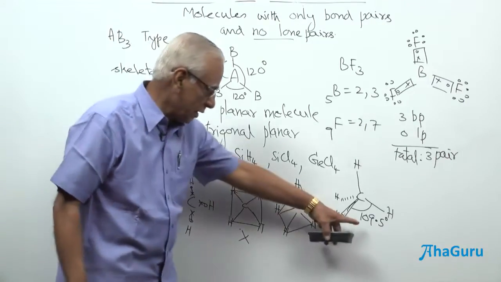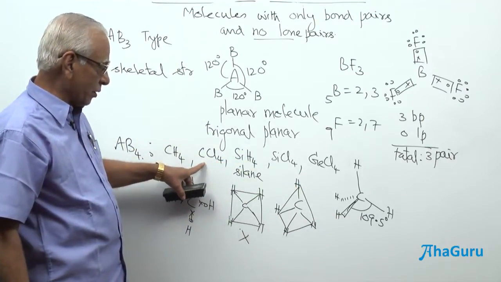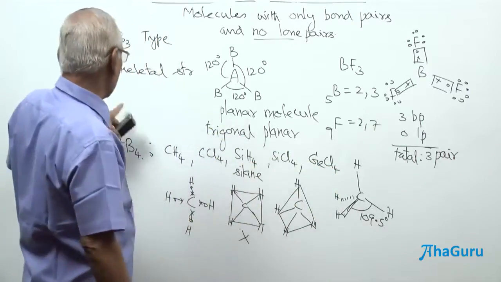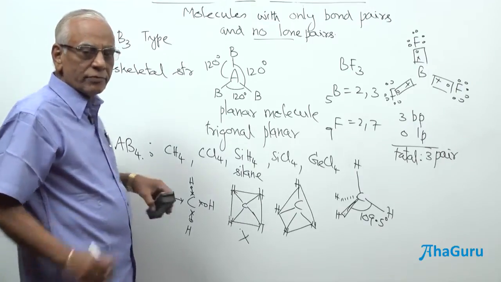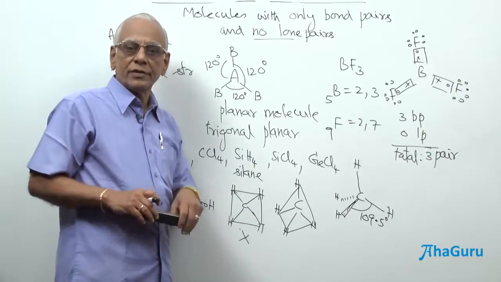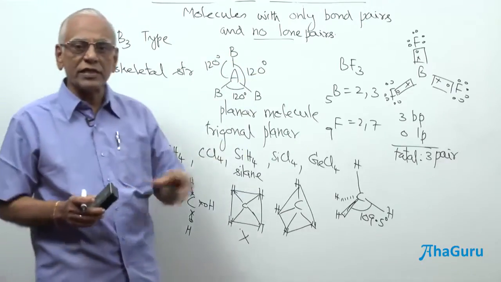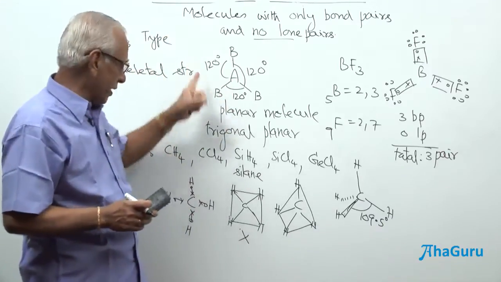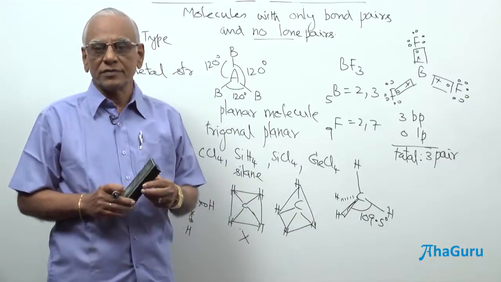And my dear students, the same thing should happen in the case of silane or even carbon tetrachloride, silicon tetrachloride, germanium tetrachloride. Any molecule containing AB4, if all of them are going to be bond pairs here, it must be a regular tetrahedron. So, depending on the total number of bond pairs only, we visualize a structure. If you have 3 pairs of electrons, we have attributed a trigonal planar, and 4 pairs of electrons, a tetrahedral structure.